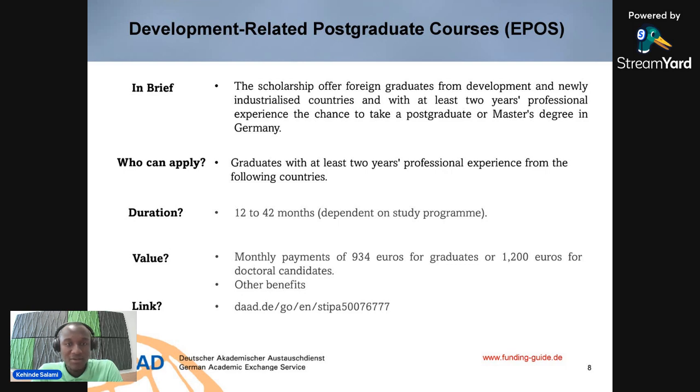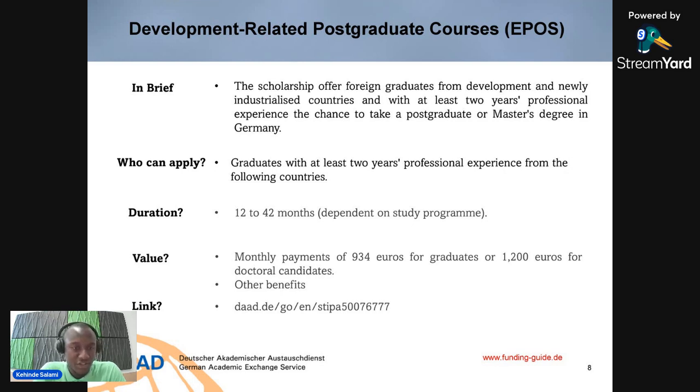But if you can find somewhere that's a bit related to energy, it might not be 100% energy, but it's in a formal setting. The reason is that while you're applying for this scholarship, you'll be asked to provide proof of work experience. This proof has to show that you've worked in this industry, or in this organization, for up to two years. They want to see that track record, that you've actually worked for up to two years after your graduation from the university.